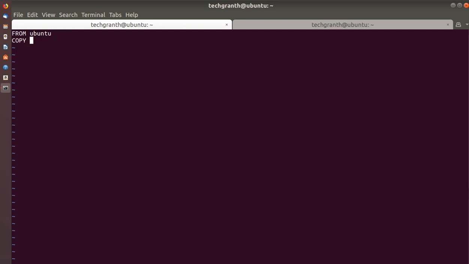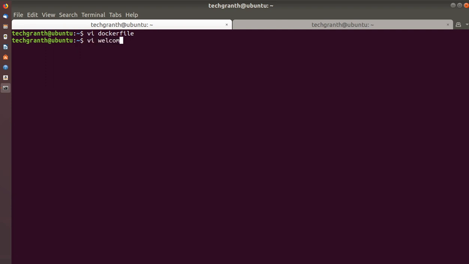Before this we have to create a file with some content in it, but let me create that file after this. Let's just complete this one. We'll use a COPY instruction with the location of the file we will be using, welcome, and where we want to copy it within the container, we will copy it as welcome, this one. Let me just save it.